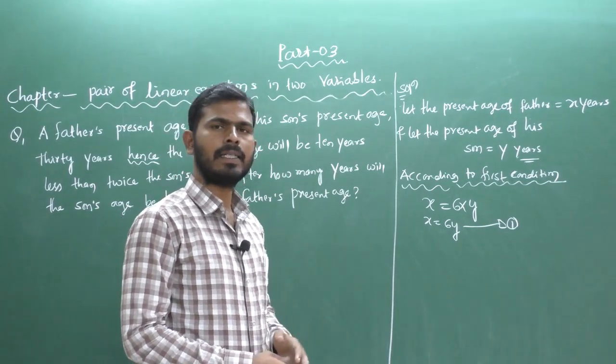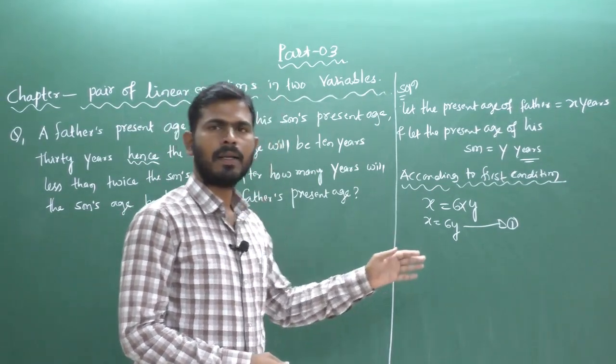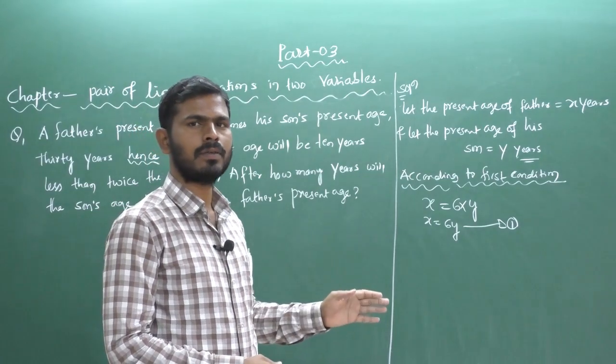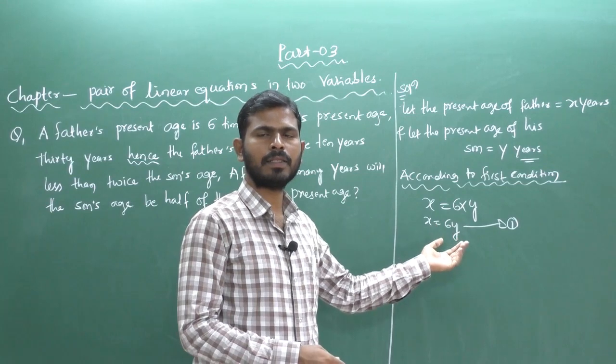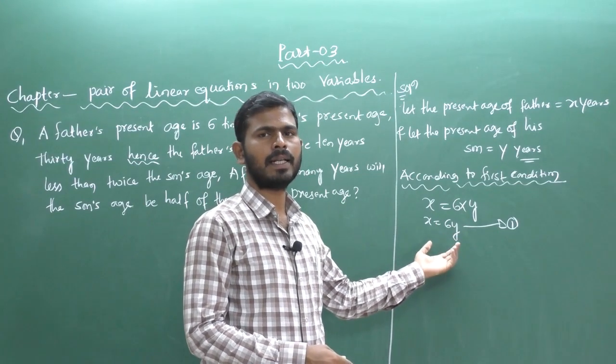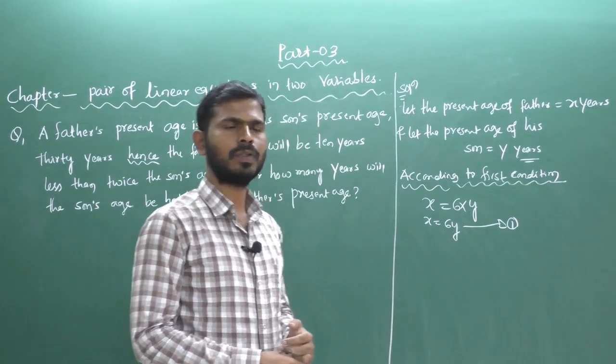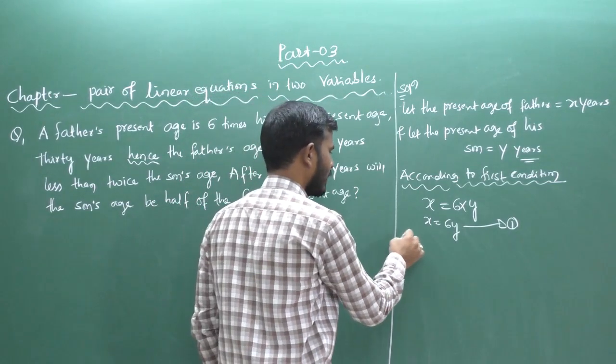But here the condition is a square plus b square is not equal to 0. c may be 0 or may not be 0. Here c, the constant term, is not given, so you can also consider it as a pair of linear equations in two variables. Next, according to the second condition,